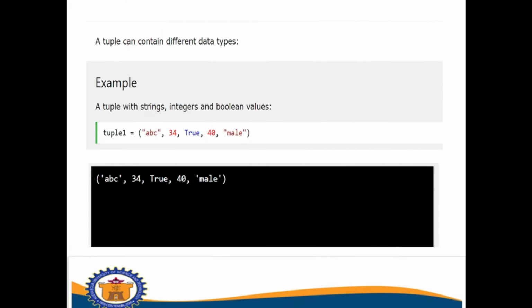Next. A tuple can contain different data types. Yes po, I have previously mentioned this before na pwede po na meron tayong string, meron tayong whole numbers, meron tayong decimal numbers, at meron tayong boolean condition sa ating tuple, and even character. So, example naman nito ay isang tuple na may iba't ibang data type. We have the string ABC, a positive integer 34, a boolean value true, positive integer 40, and a